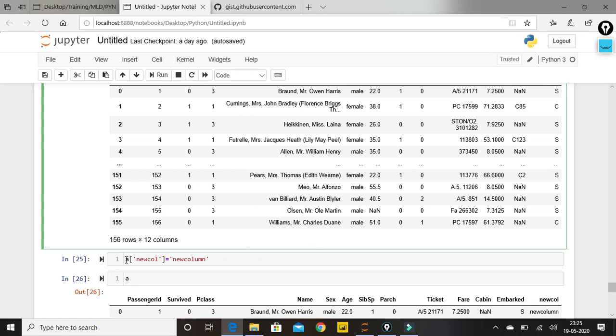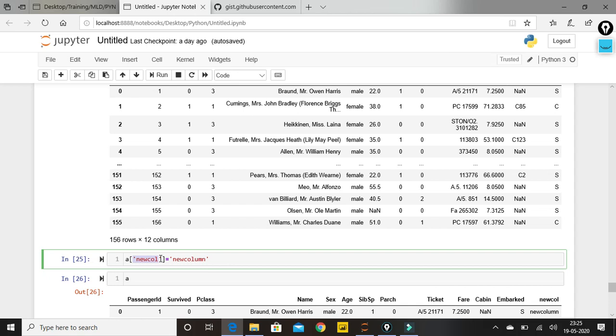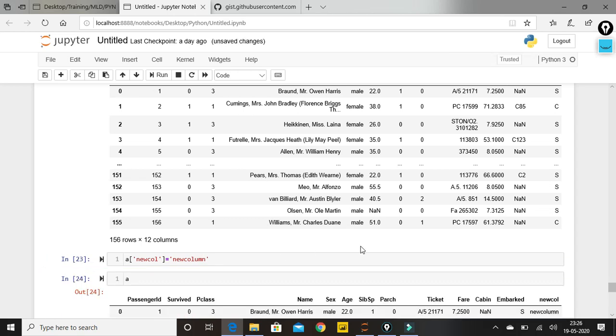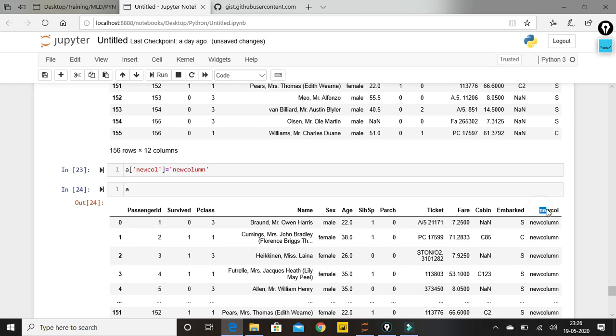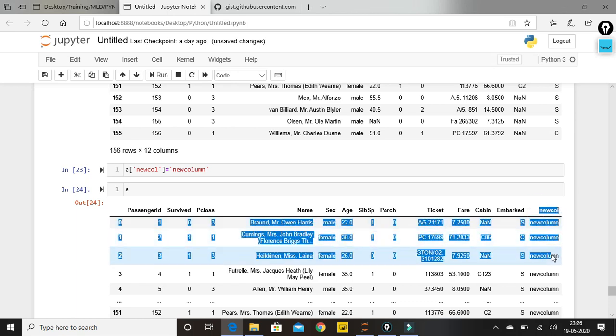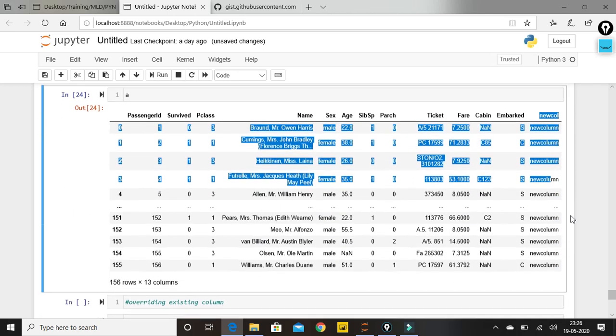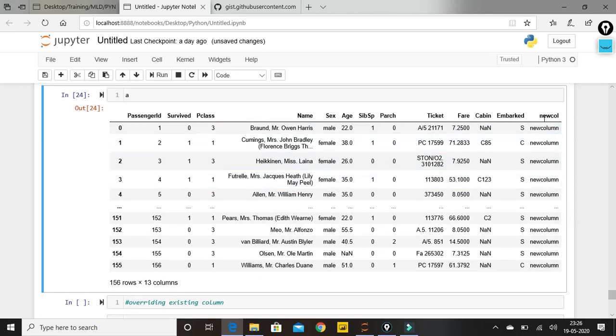What I'm trying to do, just write A. We know how to give a column. Similarly, if you give a column name which does not exist in the data frame, it will make this a new column name, equal to whatever data you need. Just write it down. For now I'm just using this new column data. If you want different data, then just give it in a list and you'll be able to give your data for a new column. If I execute this, you'll be able to find a new column. The new column is created with the name new column, and the data is written as new column for all 156 rows. Yeah, this is how easily we can make a new column in our data frame and give the data.